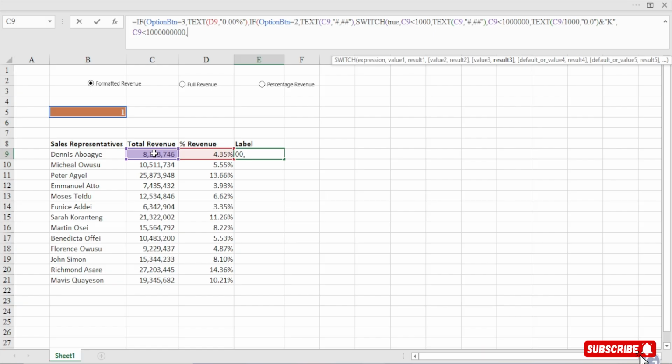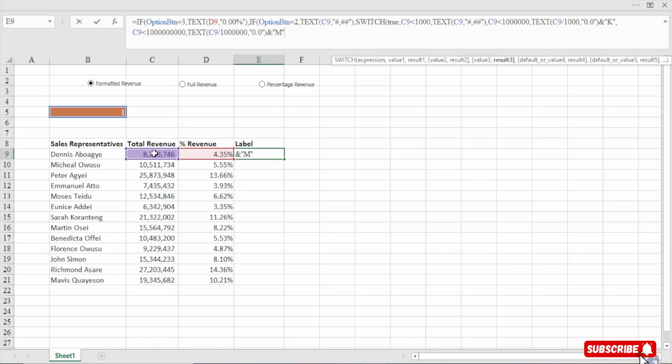If it is less than 1 billion, we are going to say text, then this number, the value, divided by 1 million, so 6 zeros. Perfect. So we are going to format it, bring our double quote, we say 0.0, we close the double quote, we close our bracket, and we concatenate it with our M, to say this is million. So if it is less than 1 billion, then it is million. Perfect.